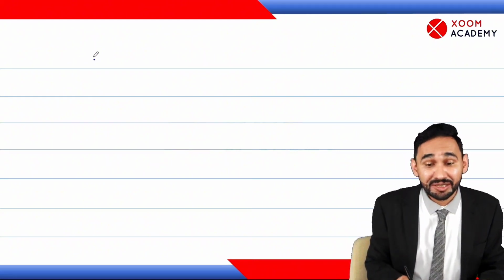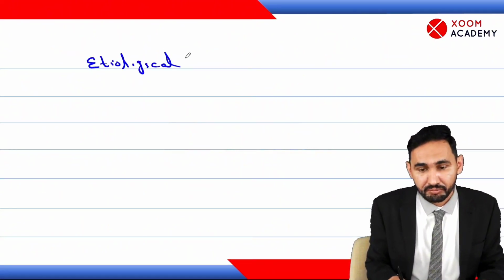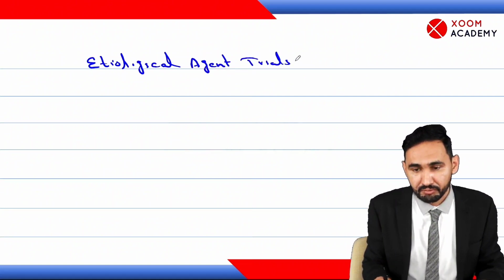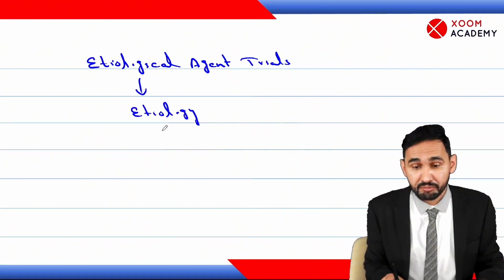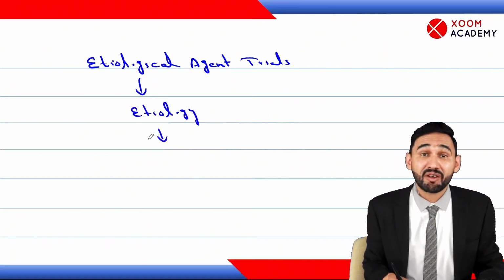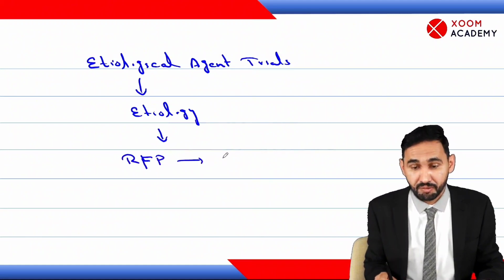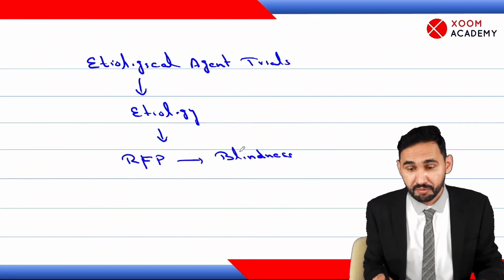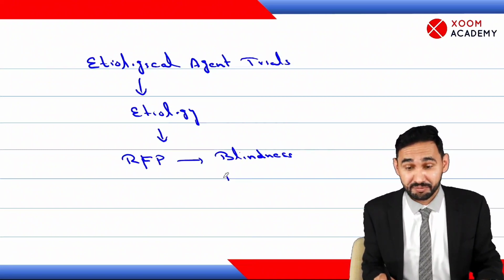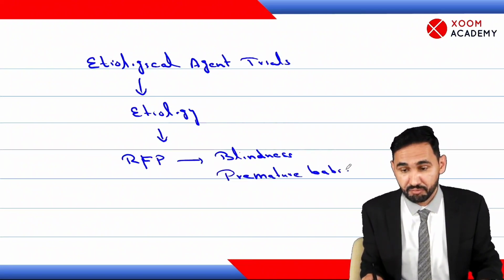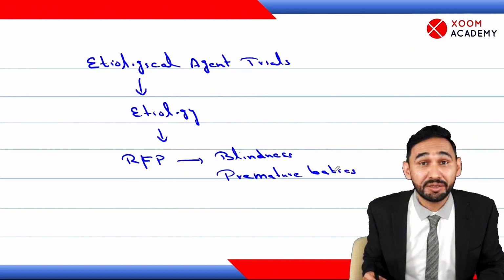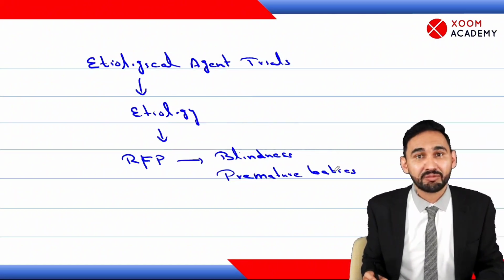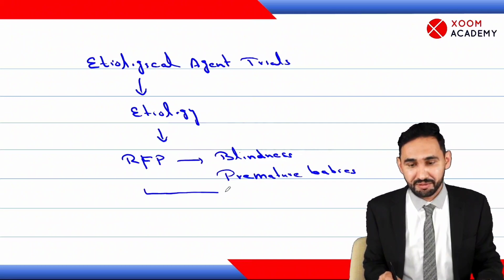Then trials of etiological agents. What are these trials? We want to see the etiology of disease. They are done to see etiology. As we know, retrolental fibroplasia causes blindness in premature children, premature babies. How does it cause blindness? If excessive oxygen is given to premature babies, then retrolental fibroplasia causes blindness. So we can say excess oxygen inhalation.